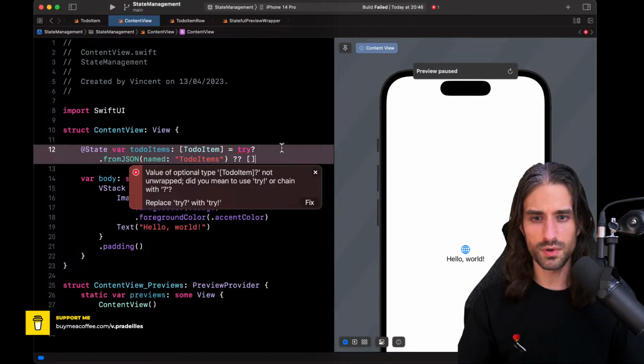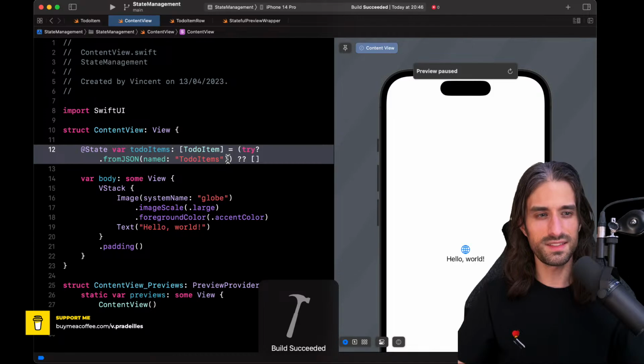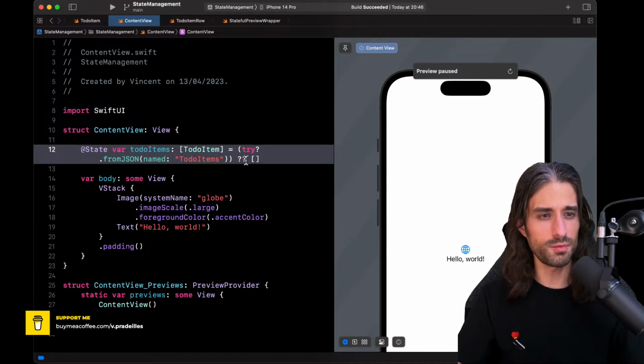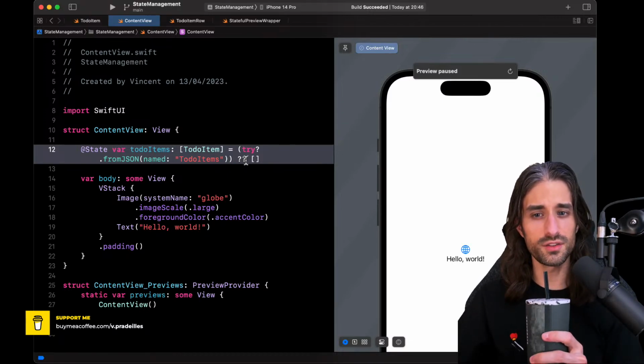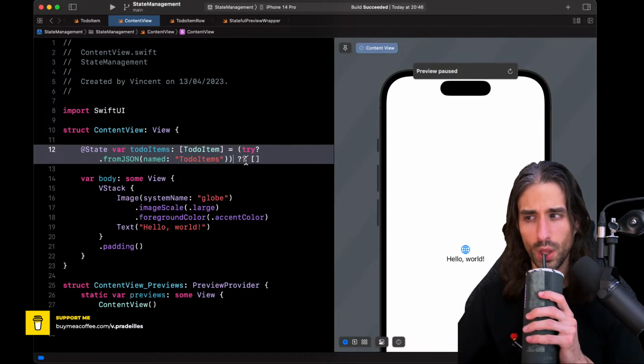It's not the best code you could write. Let's see, why doesn't it work? I guess it's because I need to do something like that. Okay, this time it's happy. So it's a bit of a shortcut, but it's a way to have data that is easily available to us in order to build the list and interact with it in a way that is kind of realistic.